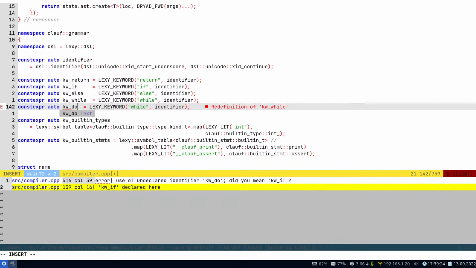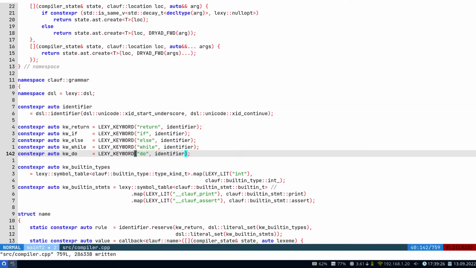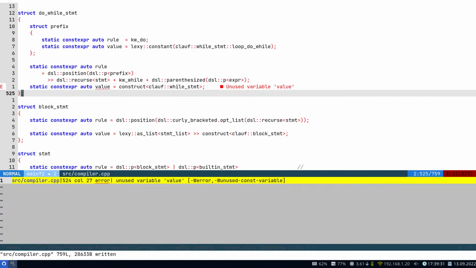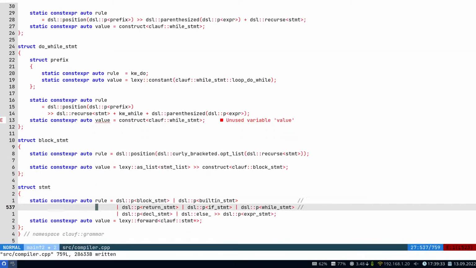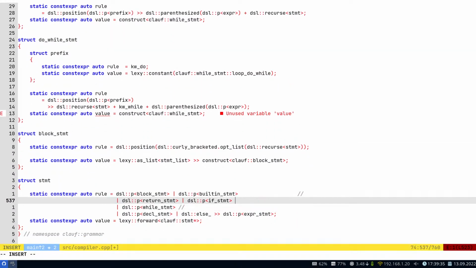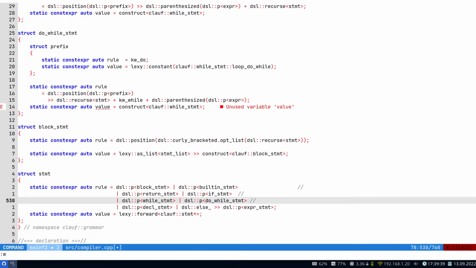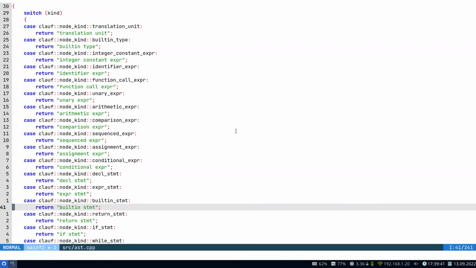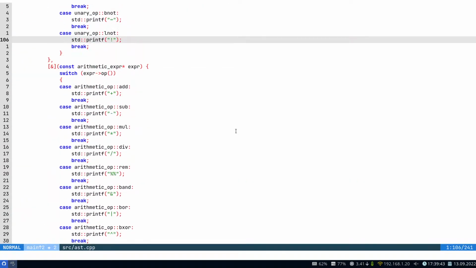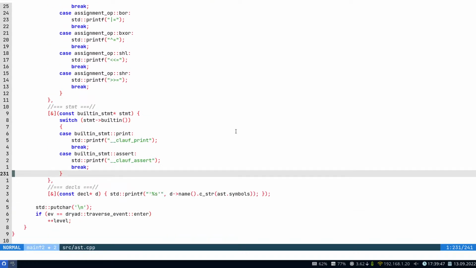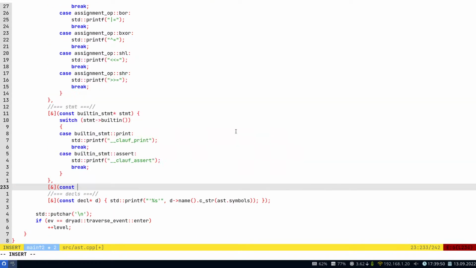We've got a new keyword, do. All right, we're not using the do while statement. While statement, and I guess while we're at it, we also need to print whether or not a particular loop is a while loop or do while loop. So when we print statements, we need to const while statement